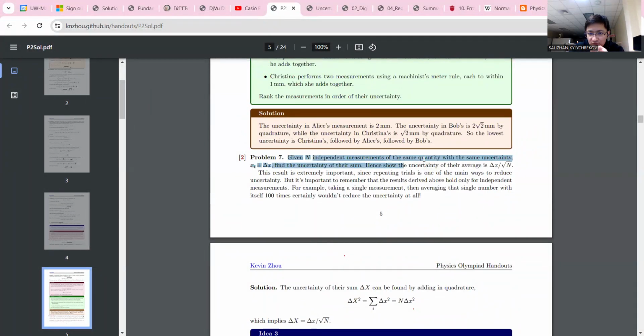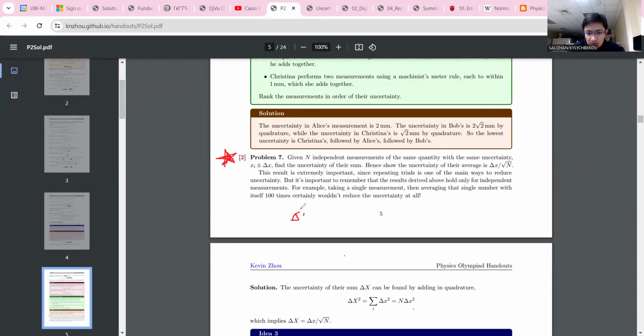Given n independent measurements of the same quantity with the same uncertainty, find the uncertainty of their sum. This is a very important problem. It explains so many different things. This and Poisson, radioactivity, are actually similar. Why? Because